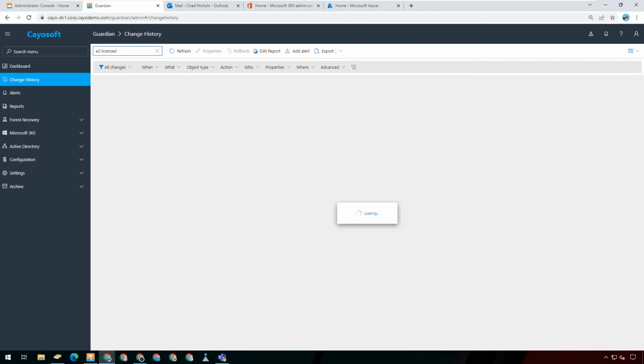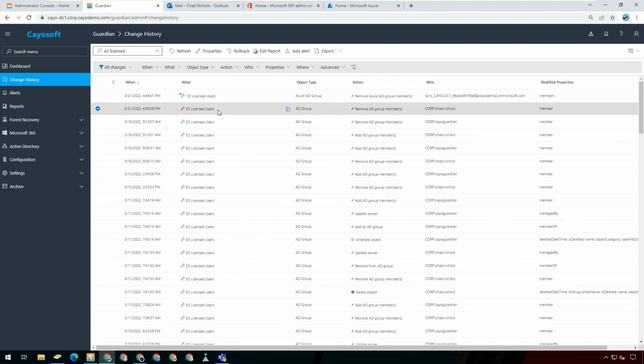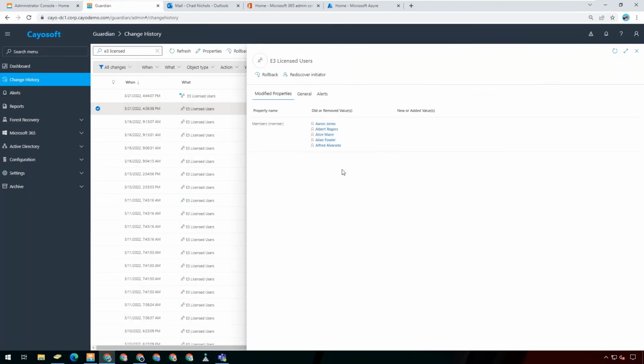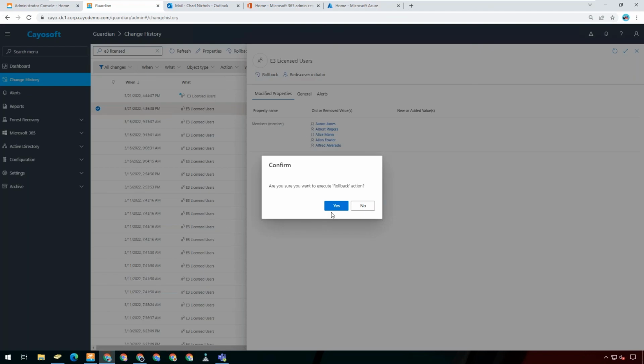Now I can go back to the original group change, and search for that. So here's the last on-prem change. Notice I also picked up the synchronization change because AD Connect is doing that for me. But the change occurred on-prem, so I want to make sure that I'm looking at the right thing. So here's a list of all the members that were removed. Granted, my group is a small list of users, but when you have thousands of users removed from a group that's manually maintained, to say this could be lengthy and cumbersome, if not near impossible, a task is putting it mildly.